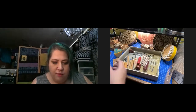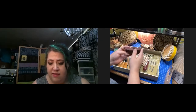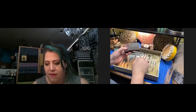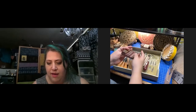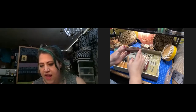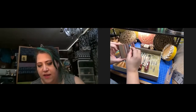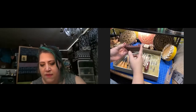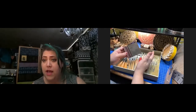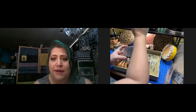Okay, so one of the things you do want to keep in mind, whatever quality of tools you get, you are going to have to sharpen them. This is about, I want to say a $20 sharpening set, but if you've got a piece of leather and the rouge, you can just hone your own. You just want to have the shapes of the inside of your tools. So for this little half round guy, I would hone the inside a bit by finding the right size. So one of these is a good friend. You'll just want to keep your tools as sharp as possible while you're working with them. This can be both good and not fun when they cut you, but